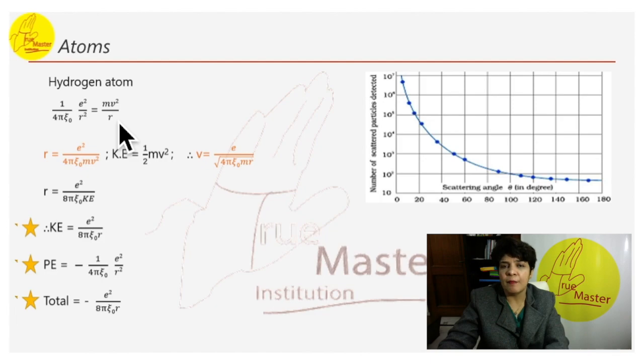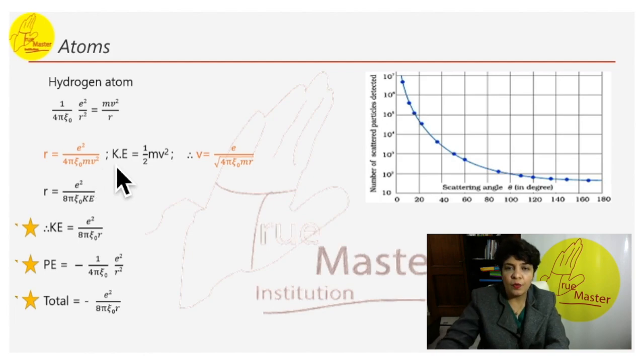Now, m is the mass of the electron, v is the speed, and orbit of radius r, keeping r on one side. Now, we are bringing this r on one side. We derive that r will be equal to e square by 4 pi epsilon naught mv square from this formula. In terms of kinetic energy, if we have to calculate in terms of kinetic energy, r can be written